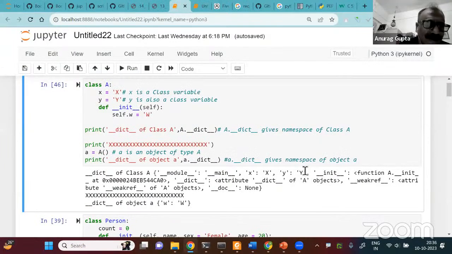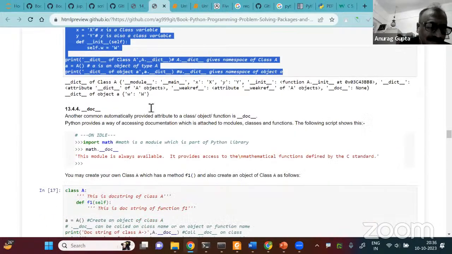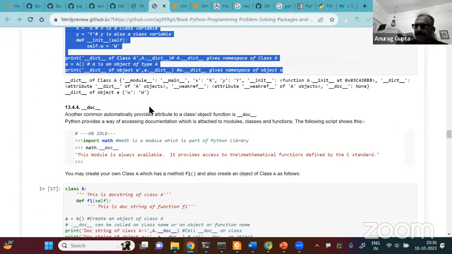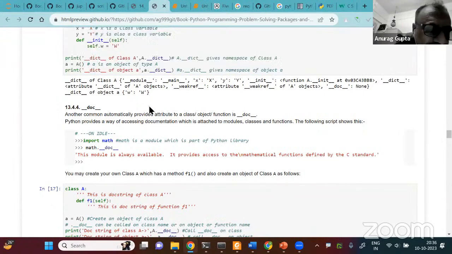Does it make sense? Anybody? Everybody? Shall we move ahead? Anyone? Are we going too fast? Are we good? Yeah. Anyone? Are we okay? Okay. So let's move to the next